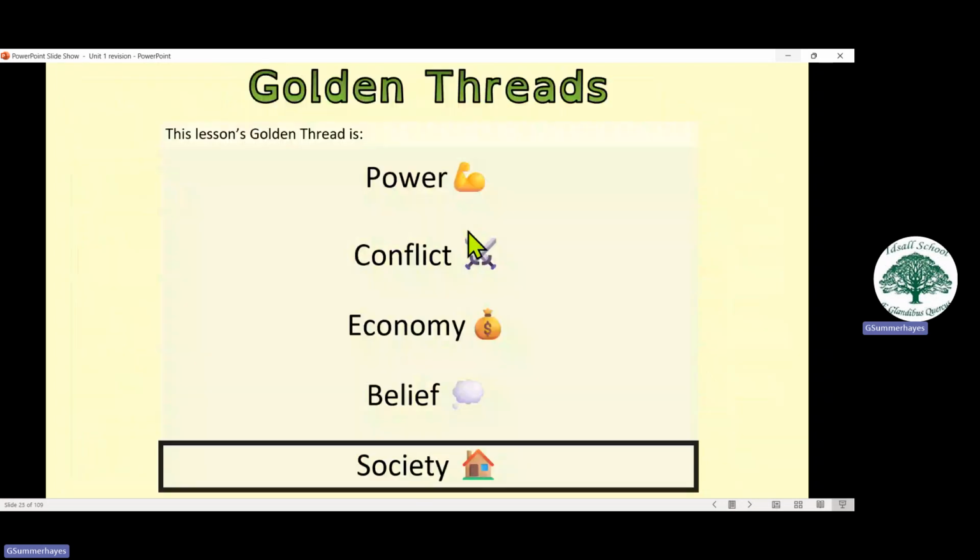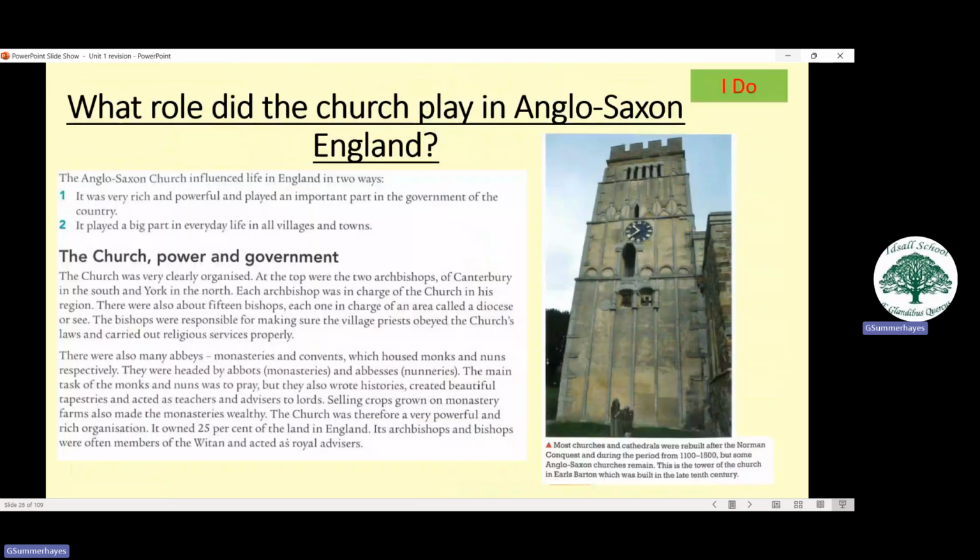So how was it governed? Continued, but this time the church, because they had a role to play too. It was rich, it was powerful because they got taxes and they oversaw everyday life in all the different villages and towns. There were two equally important archbishops. It's important for later because one of them becomes the most important. Spoiler alert, it's the Archbishop of Canterbury, but the Archbishop of York in Saxon times was just as important.